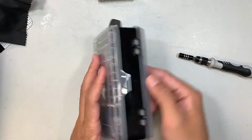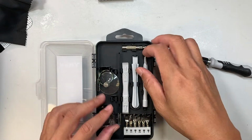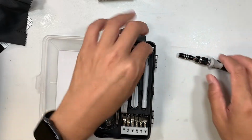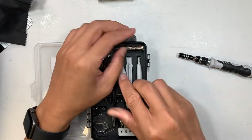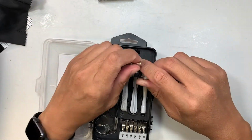Let's get back here to the main one. Let's see what else they have. Suction cup. These are what we call the plastic prying tool, and also this is the extension. This extension here is just strictly for straight on. So if you have something that is straight on, I believe,